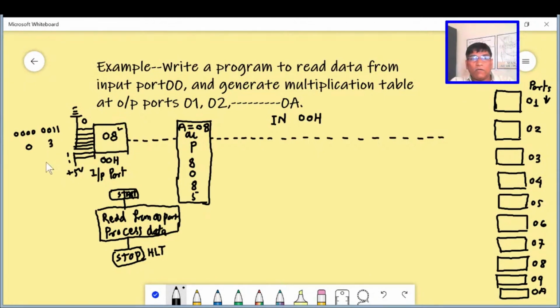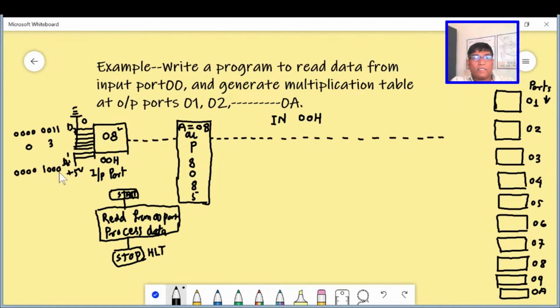For inputting this value, these wired connections from D7 to D0 should be what? For generating this 08, it should be 0 0 0 0, and then we will have 1 0 0 0.